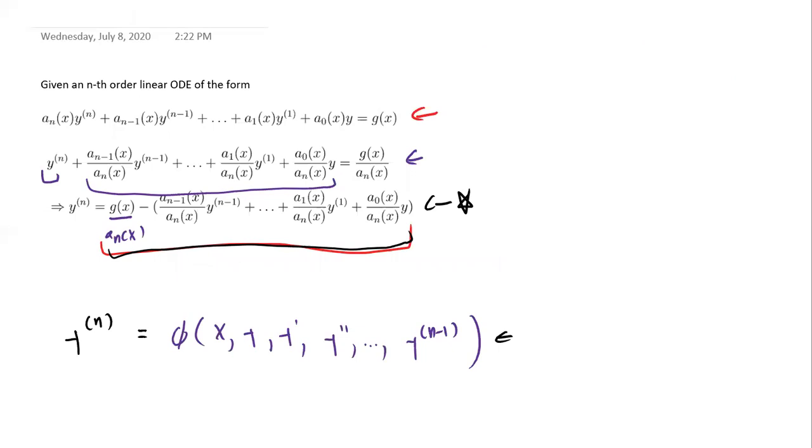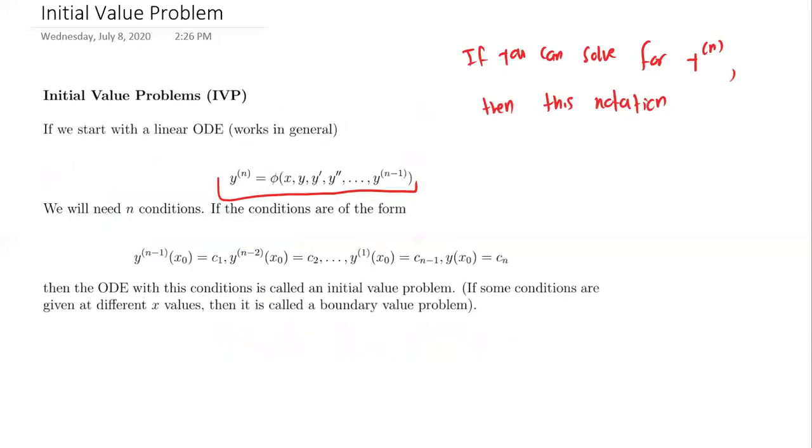Just divide by the leading coefficient and then subtract everything to the other side. If it's not linear, it's fine, as long as you can solve for the nth derivative of y with respect to x. Why? Because, again, the goal is to write it in this form. The nth derivative equals something. Okay. So given a differential equation of this form,